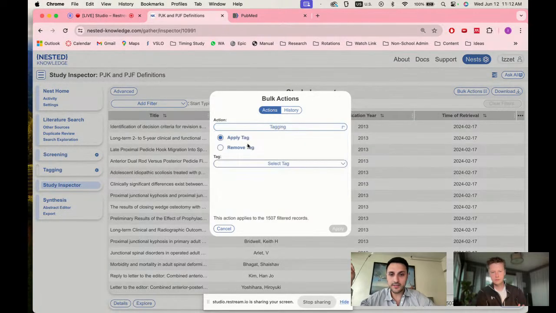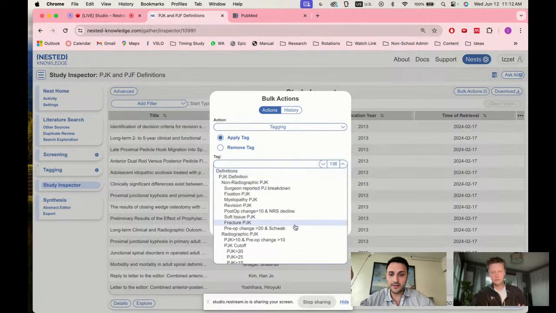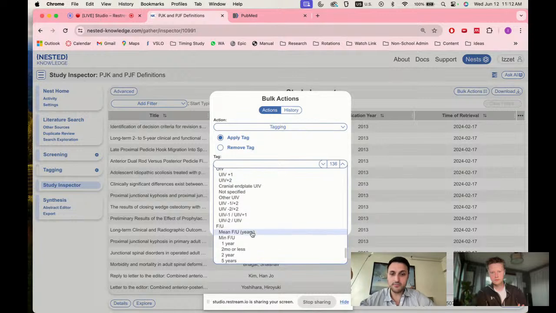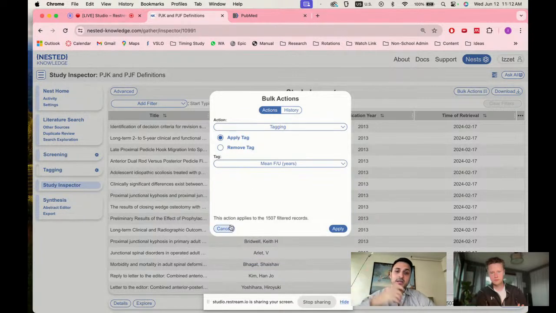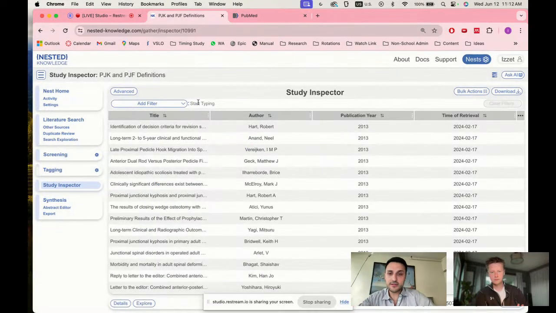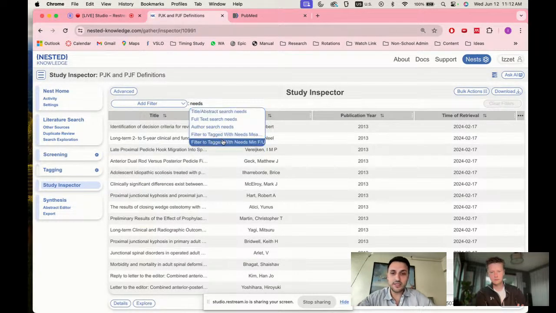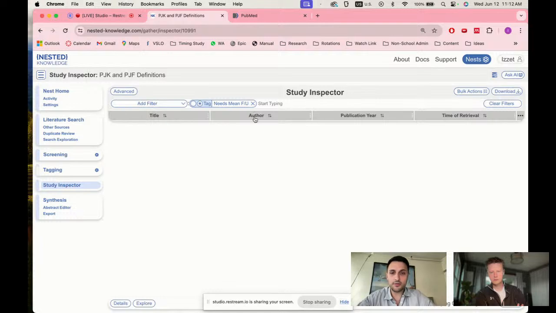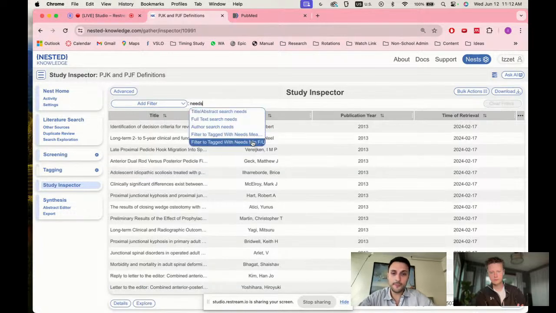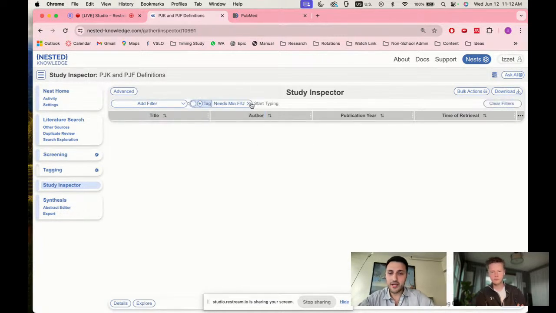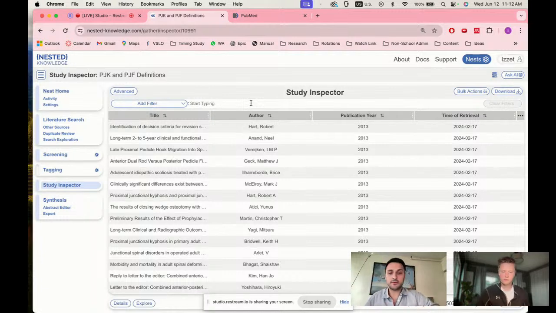So I'll add tagging, apply tag, and I'll add, for example, needs mean follow-up. And so let's say I decide to pull this data later on. I'll find all the papers, add this, and then sort by needs that. So then now I know these are the papers I need to do that for, and I can structure my papers based on the work that needs to be done.